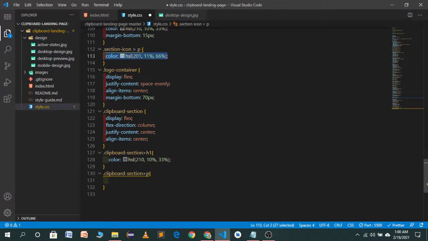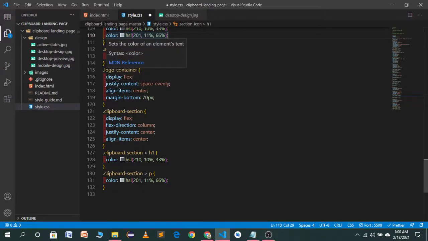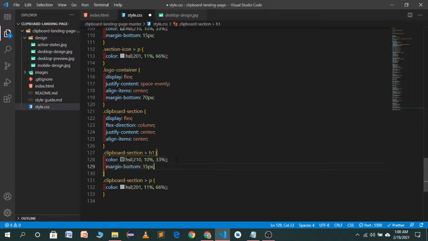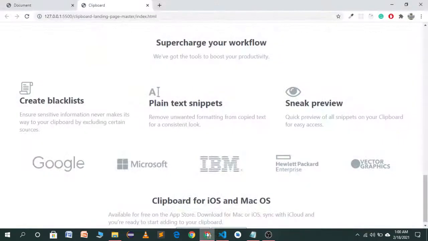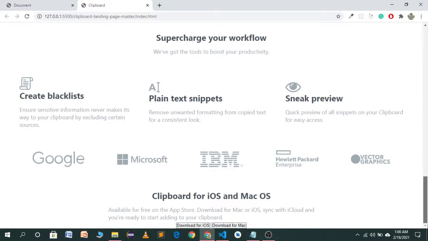I will copy it and paste it here. So as you see, we also want a margin. Oops, what's happening? We want to copy a margin and use it here. I think it will change the design. As you see, design has changed completely.